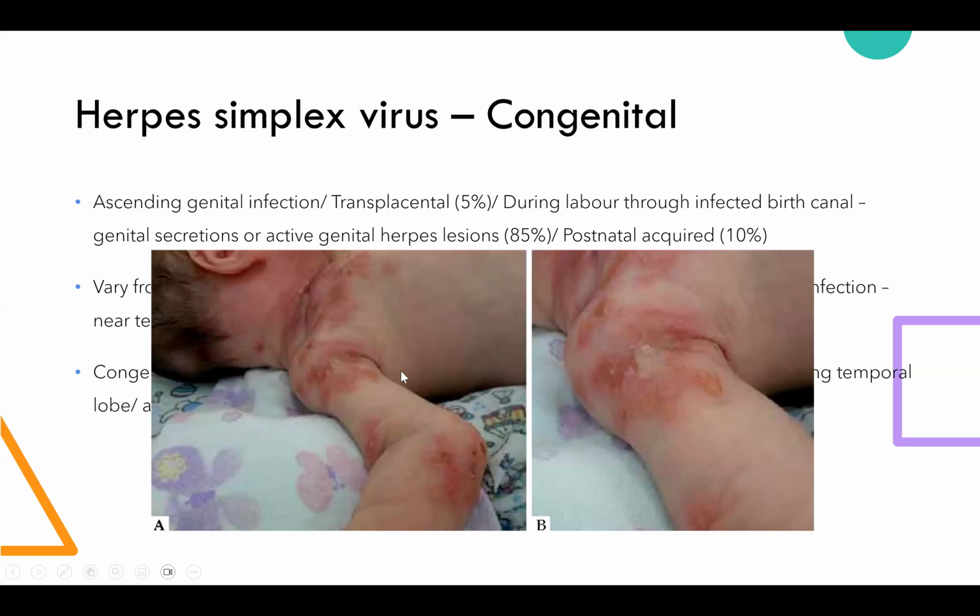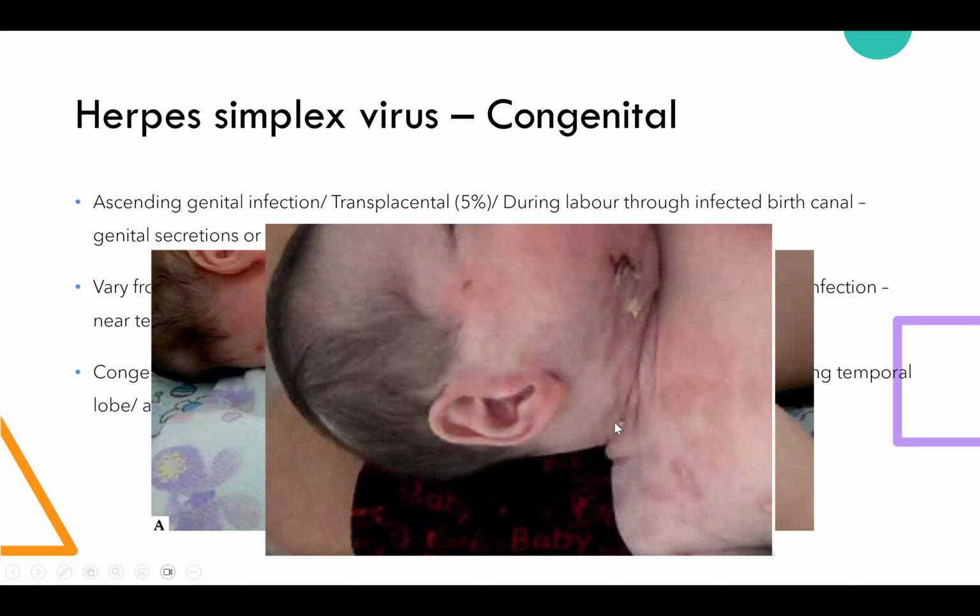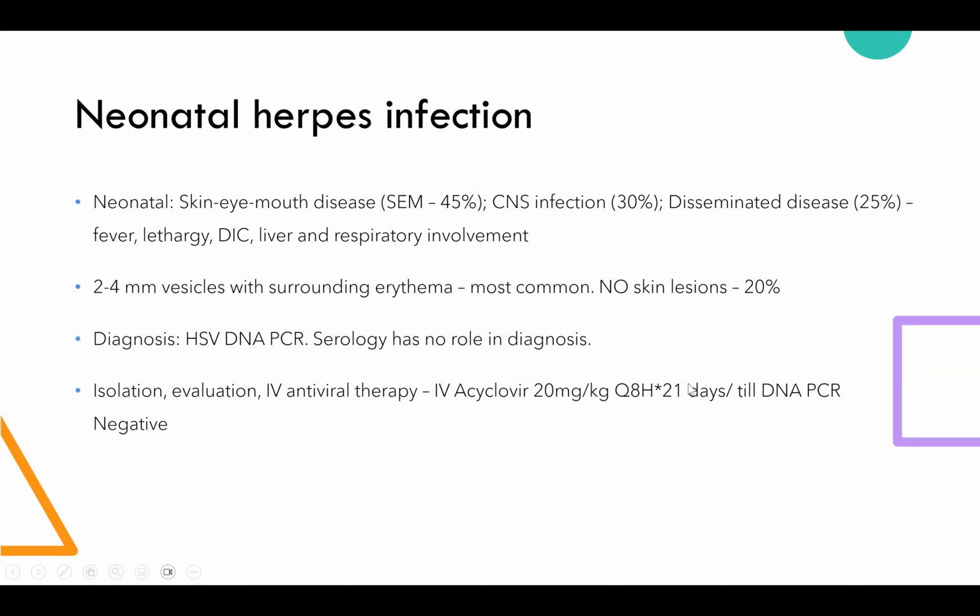So this is one of the congenital herpes simplex virus cases. They present with hemorrhagic plaques or bulla at birth. These babies are treated with IV acyclovir, and this is 10 days after IV acyclovir, where the lesions are healing. So neonatal herpes simplex infection is due to